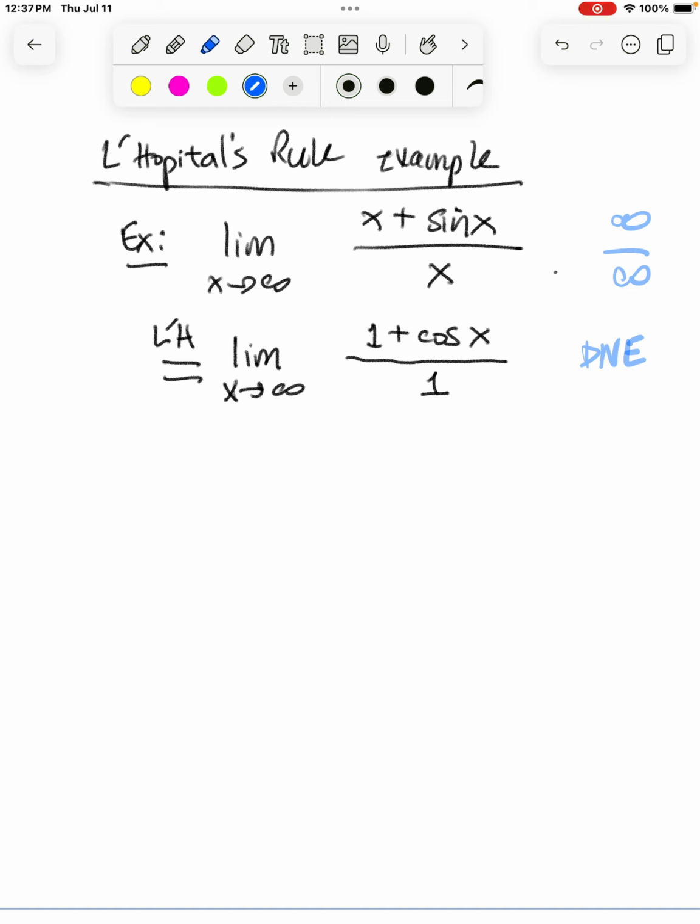And you might be tempted to say, well, the limit doesn't exist. The original limit doesn't exist by L'Hopital's rule. And that's actually not correct. It turns out that the original limit does exist. And let's see what that is. So let me just say something that's not correct. What would be wrong is to say that this limit does not exist. The correct statement is